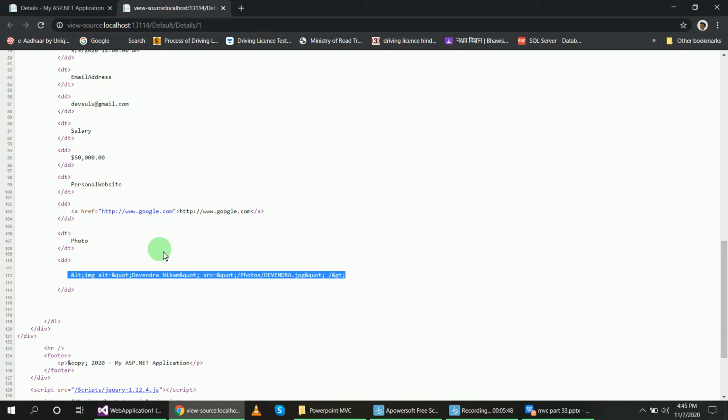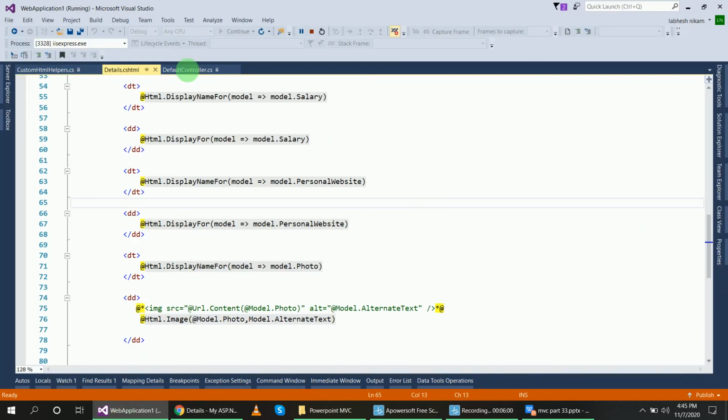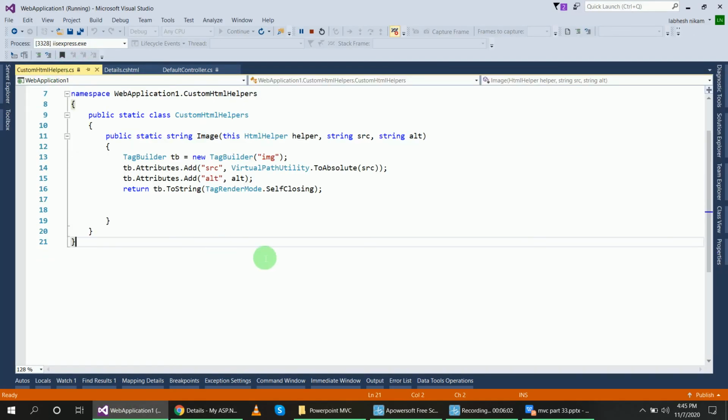Now I want to display the photo in place of this HTML encoded string. So I will convert this string into IHtmlString.